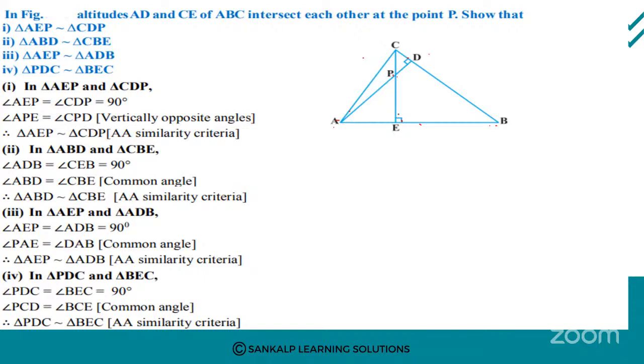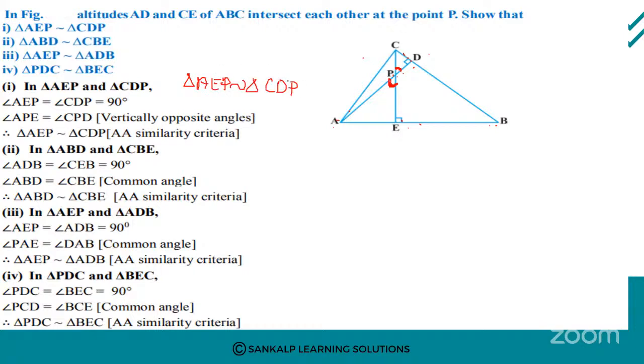So angle APE is equal to CPD, because these two are vertically opposite angles. So this angle comes here, and this angle comes here. So these two are vertically opposite angles. Vertically opposite angles are equal. Next, angle E is equal to angle D. So these two are 90 degree. That means these two angles are also equal. So how many angles are equal? Two angles are equal. So by using AA similarity criteria, we can say that triangle AEP is similar to triangle